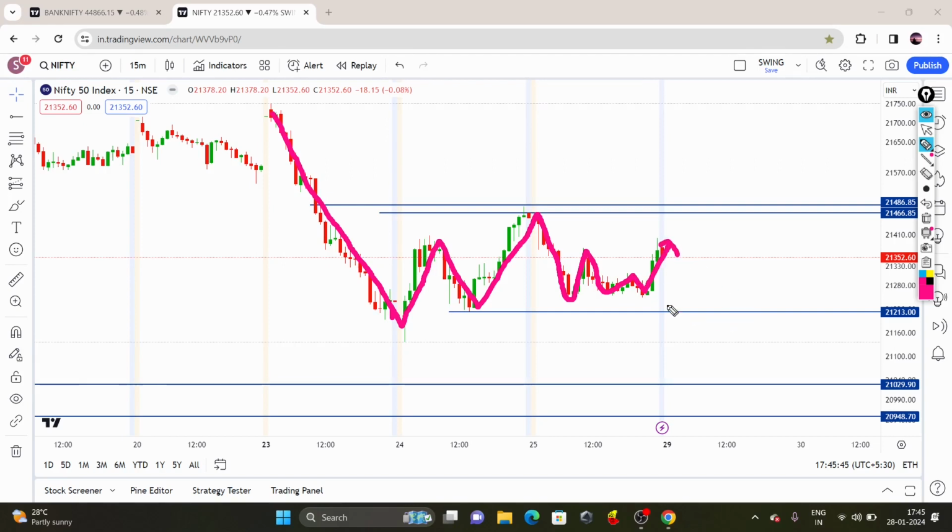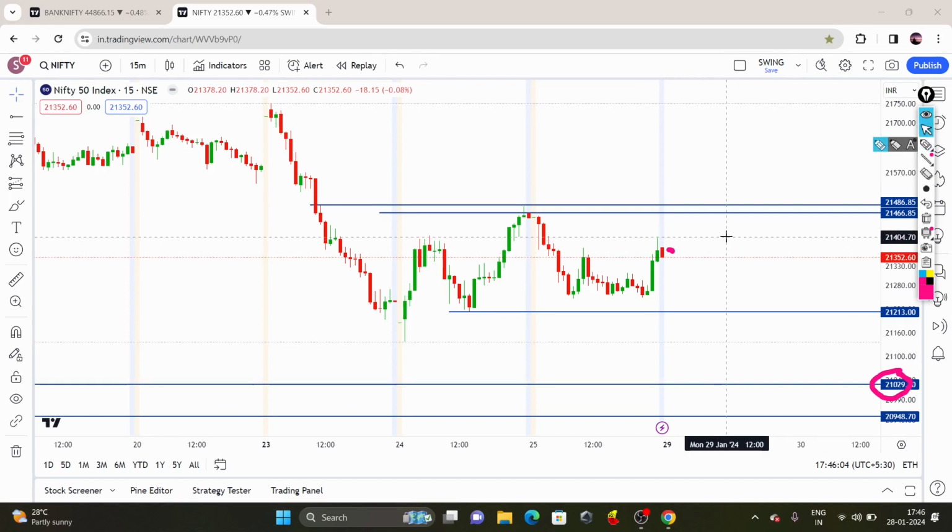So if Nifty makes a negative or gap down open tomorrow, and if it breaks 21,213 tomorrow, I'm expecting downward momentum till the 21,050 or 21,000 level. So that is the last support for Nifty here. And if Nifty makes a positive opening or flat opening here, and if it breaks the 21,400 level, then I'm expecting a target of